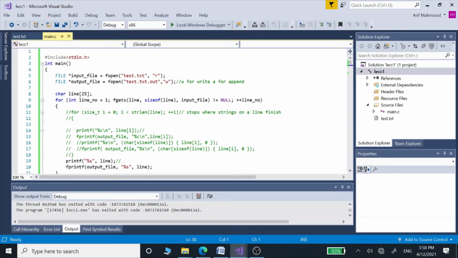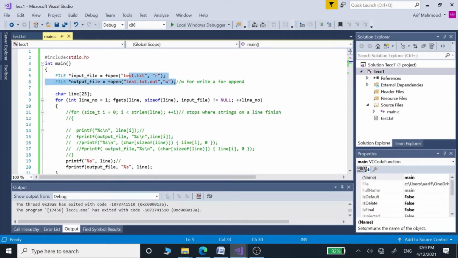In this video, we are going to see how we can convert strings into characters, first in a C program and then in a C++ program. Right now, this is a C program first. In this main program, on this line, we are giving the name of our input file, which we are going to open and read its contents. And on this line, we are going to give the name of our output file, which we are going to open and store the output into.